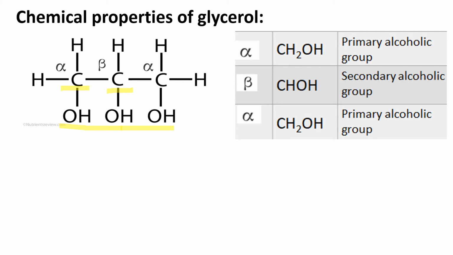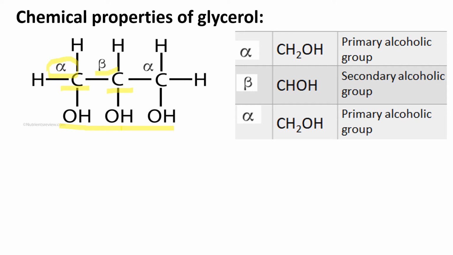So this CH2OH group is a primary alcoholic group, and this carbon is called as alpha carbon. Then the CHOH of this glycerol, so this is the secondary alcoholic group, and this carbon is called as